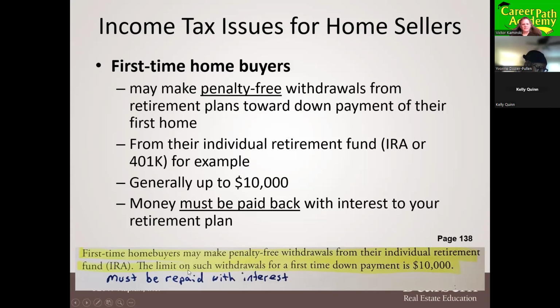All right. So you guys got those notes highlighted? Yes. That can help you out too. Maybe if you got a first-time home buyer and they don't got the money, and they need money from somewhere, and there's no family or anything like that, and they got a retirement plan, they could touch that. If you cannot negotiate the seller to contribute, because that's another way to do it too. Have them not touch their own money and just get the seller to pay some of that. And it really depends on the current market you're in, you know, is it a buyer's market or a seller's market, what you can negotiate.